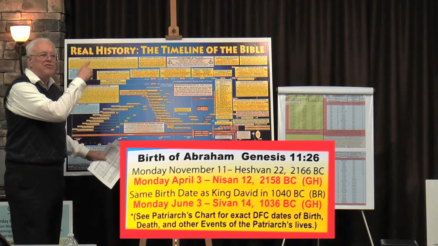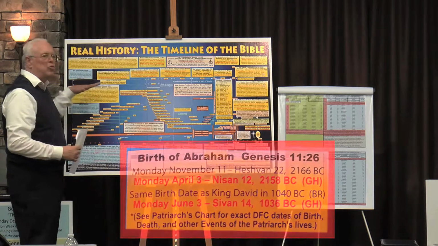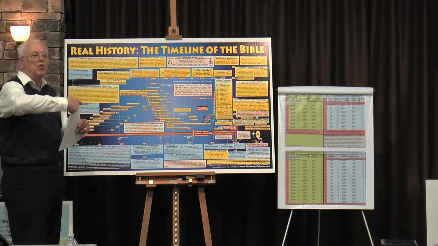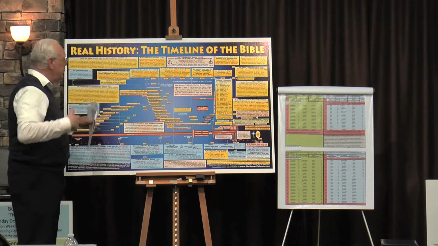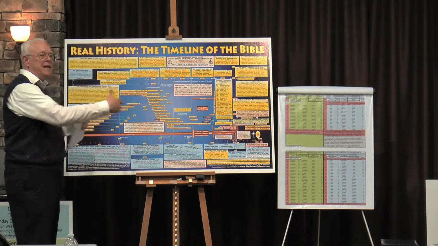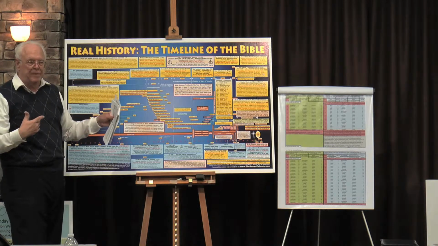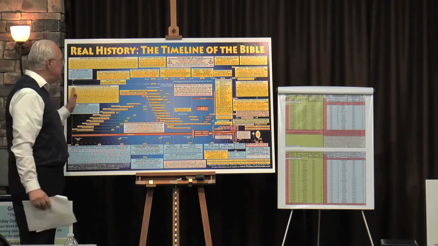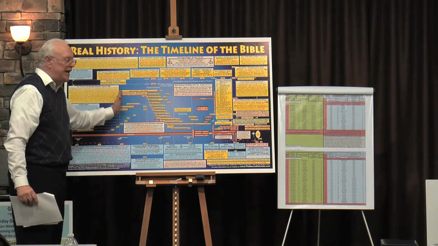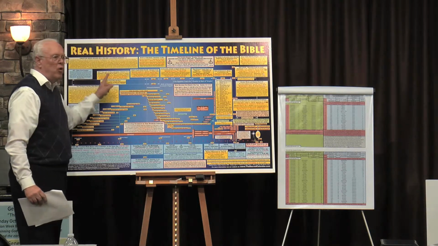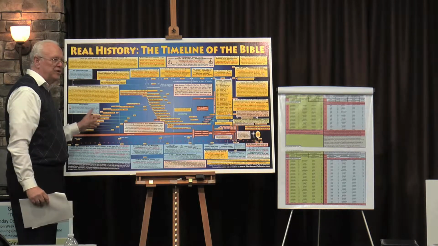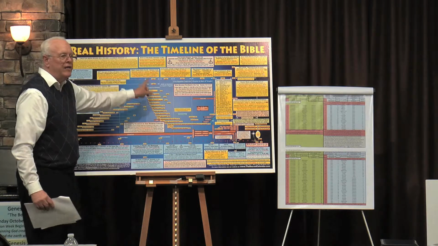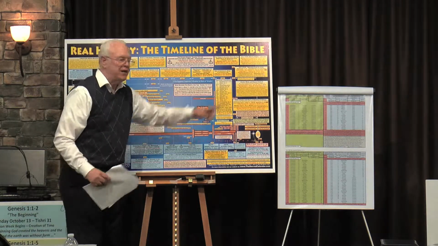These are called dates from creation. I'm measuring, think of this like a ruler. These are dates on a ruler going from creation. Now, in between them, I'm going to have exact dates when things happen, and other things I'm going to have to just estimate because it doesn't tell me. But my point is, I've got a railroad track of dates, going over 1 day on the calendar for every 5 years of time. I can track it through time.